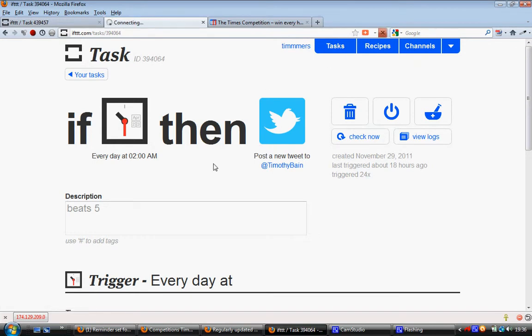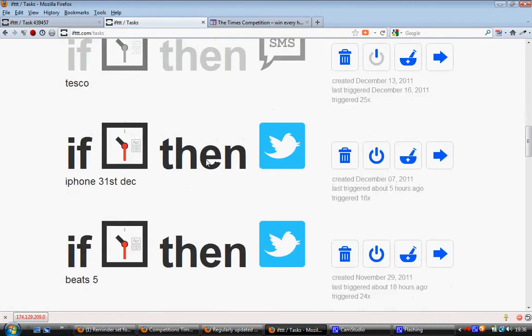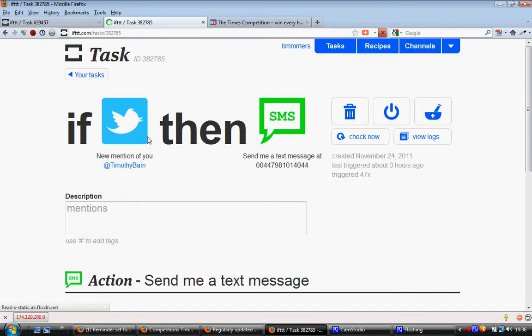And the last one, a very handy thing on Twitter. You can do anything on it. I've nowhere near got to the limit of it. There's some more. Let's look at right at the bottom. Mentions. If Twitter, the trigger's Twitter. If someone mentions me on Twitter, then I get an SMS telling me, and it tells me what they said